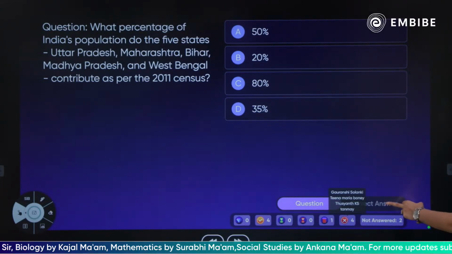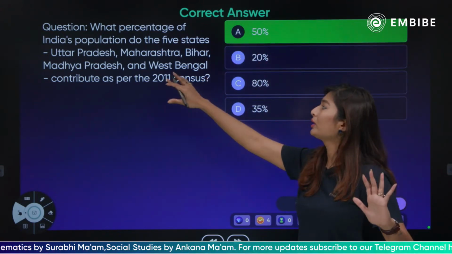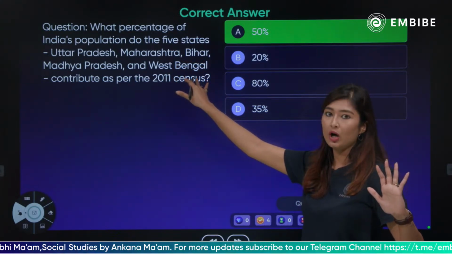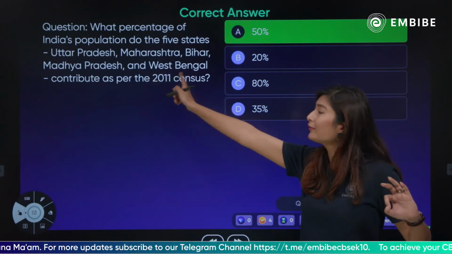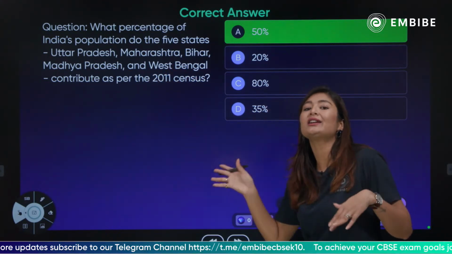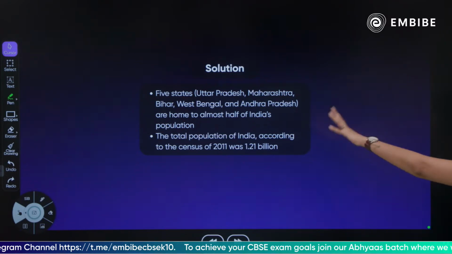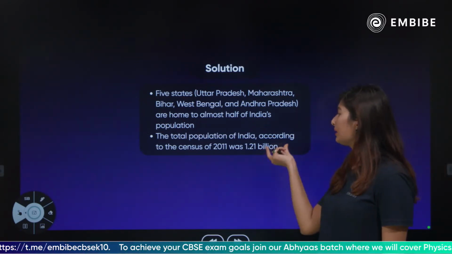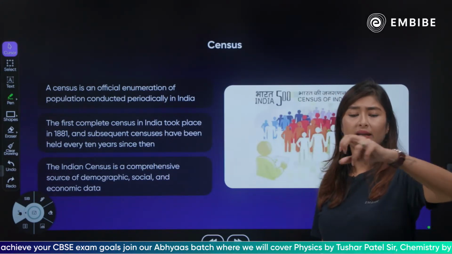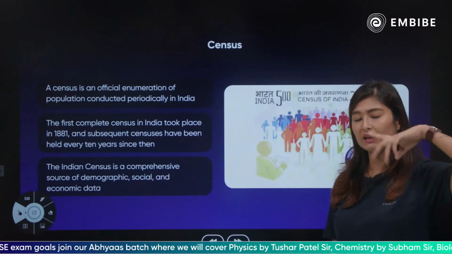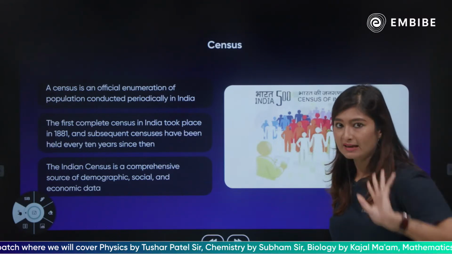And it is home to almost 50% of the people. Almost half of the population is located in UP, Maharashtra, Bihar, MP and West Bengal. And maximum 16% out of it is alone in UP. The other 4 states are home to the other 34% of the population. So 5 states are home to almost all of these people, as per the counting of 1.2 billion in 2011. Now somebody asked me, ma'am, what is the reason why states which have larger area do not have the largest population? That's the next thing we'll answer.